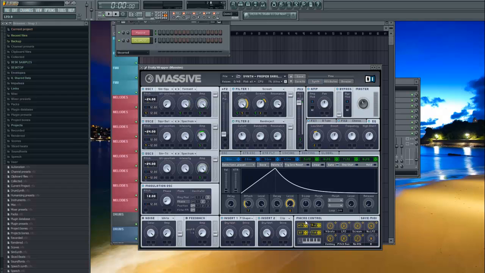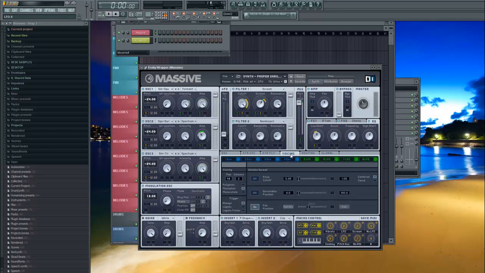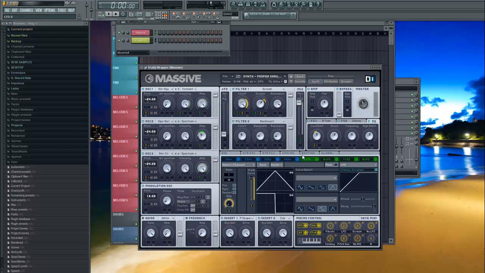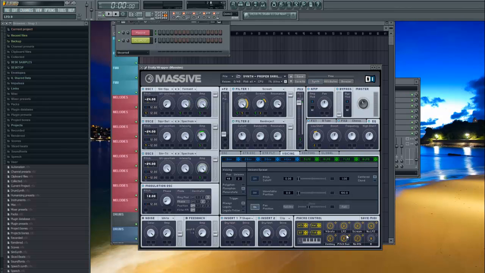Number 6, I want you to apply to envelope 1, turn the level all the way up. Attack, I want you to apply it to the attack of envelope 1, turn it all the way down. So, in unison, you'll have all these different effects to use. So if I were to play with this,